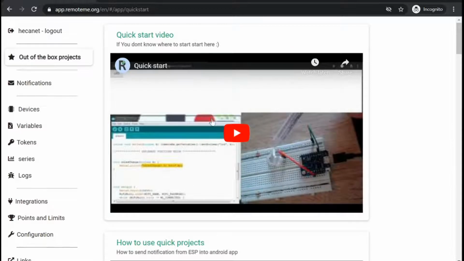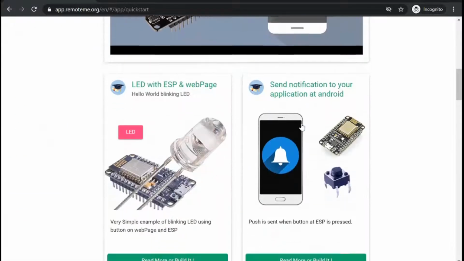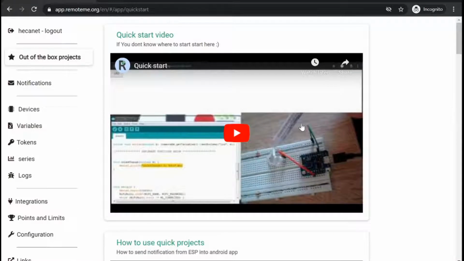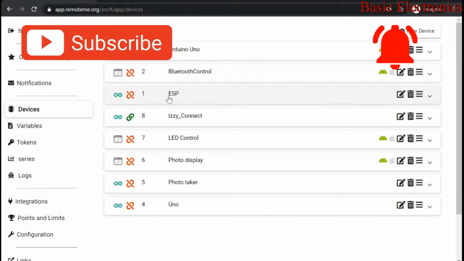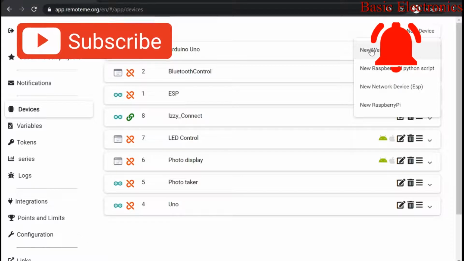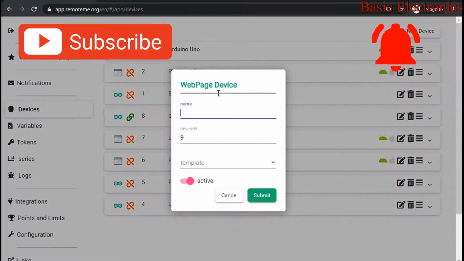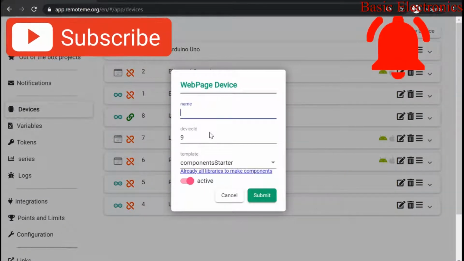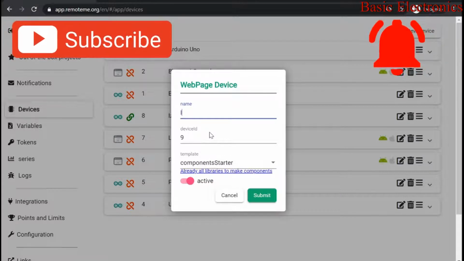Alright, when you log in, there are some tutorial videos you can watch. However, I want to show you something quickly here. You want to create a device that you want to control. Here we have so many devices created for other things, but right now we're going to create a new one, a web page. So let's call this easy control,